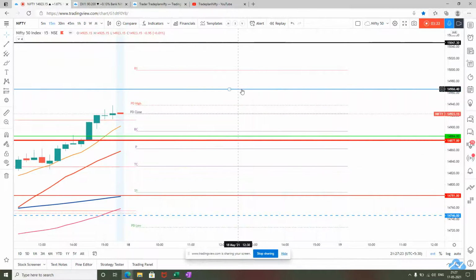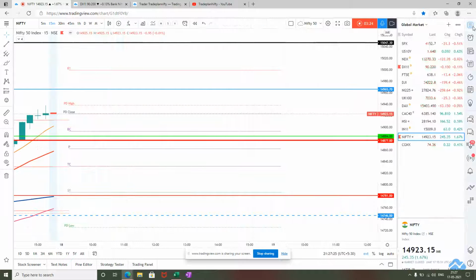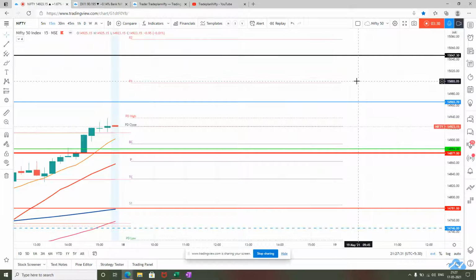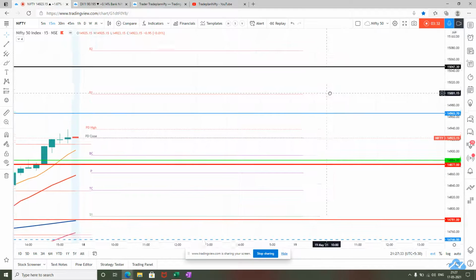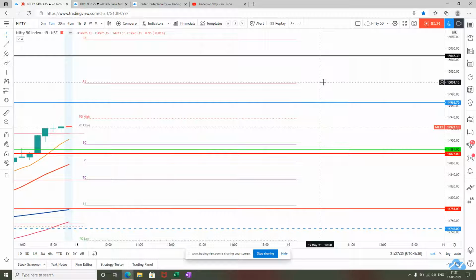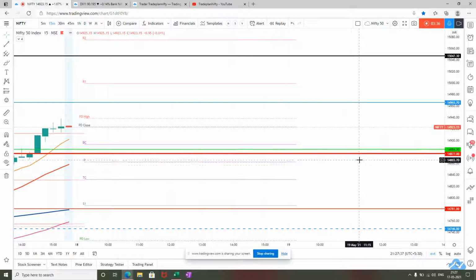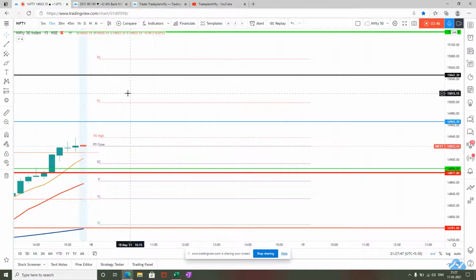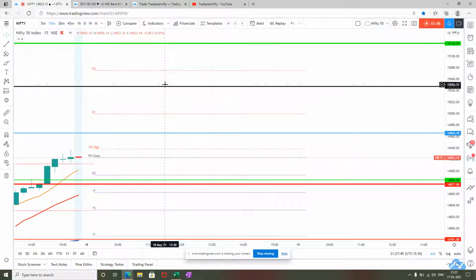Now we need to see where the SGX Nifty is. Currently the SGX Nifty is running at 15020, which is very close to R1. And for tomorrow, the pivot is at 14862 and H3 is at 14864. So for tomorrow, we need to see on the open how the market is reacting at 15050.